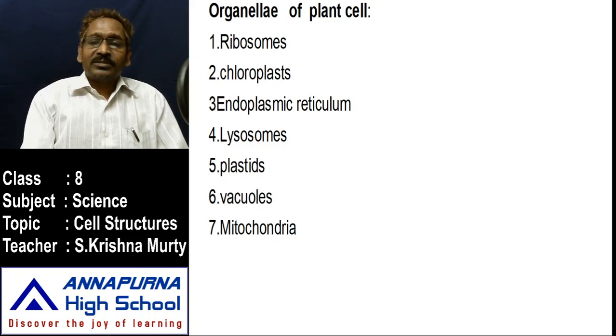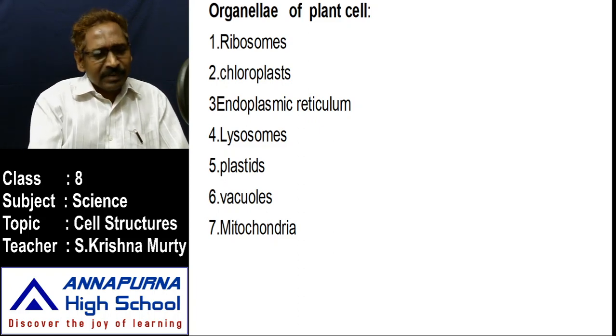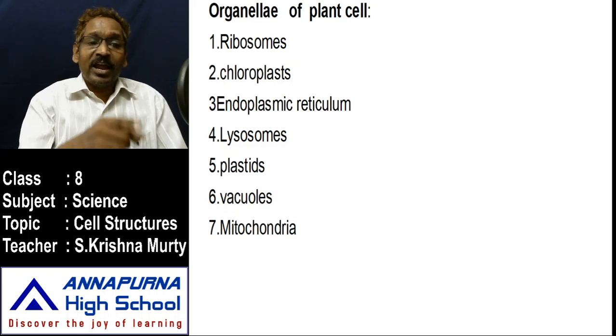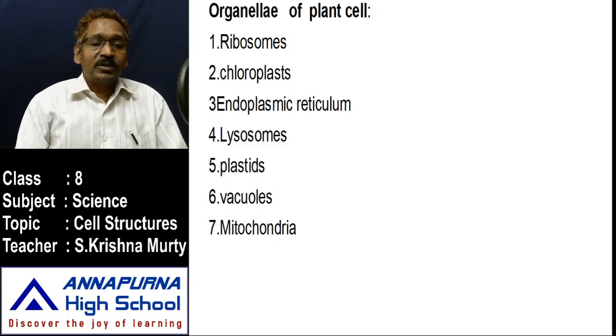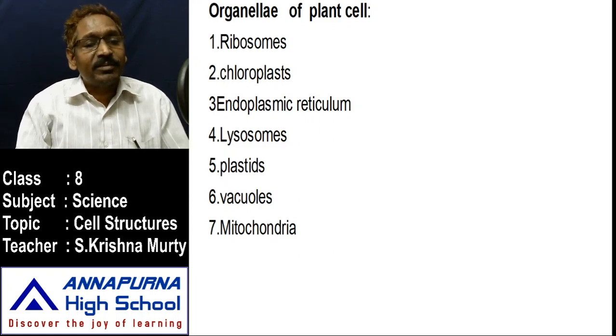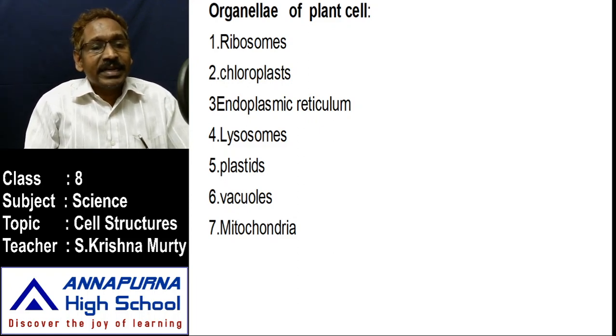Look at that. What are there here? Organelles. Different kinds of organelles are present in each and every cell, in plant cell as well as in animal cell. But while observing this board, plant cells contain some kind of material, but in animal cell there is no such material. Can you guess what material is present in plant cell additionally compared to the animal cell? Yes, you can guess it.